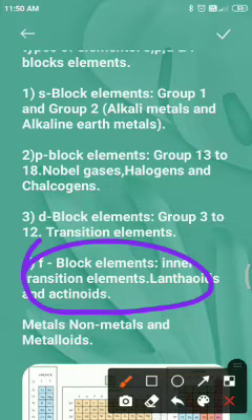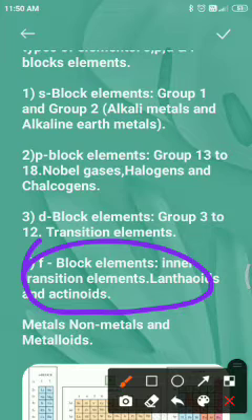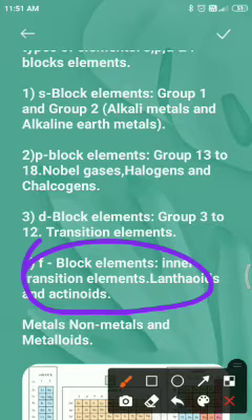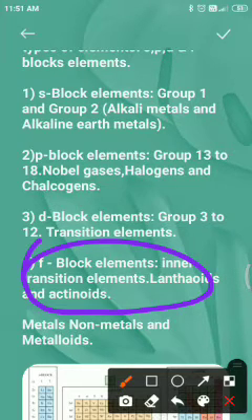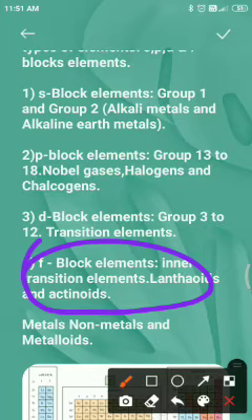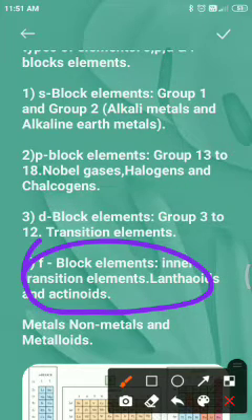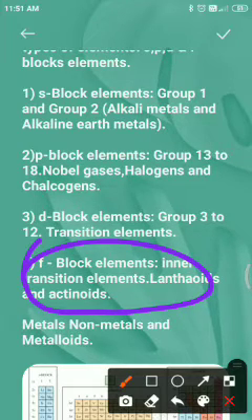These are characterized by the outer electronic configuration (n-2)f^1-14 (n-1)d^0-1 ns2 as the outermost electronic configuration. The last electron added to each element is filled in the f orbital. These two series of elements are called the inner transition elements, and they are all metals. Within each series, the properties of the elements are quite similar.